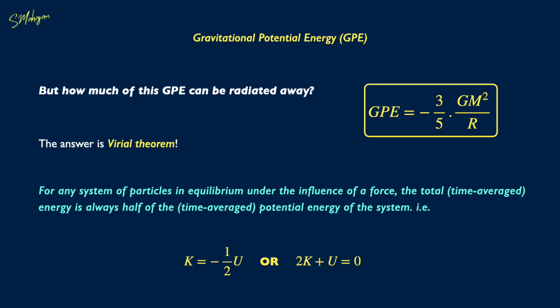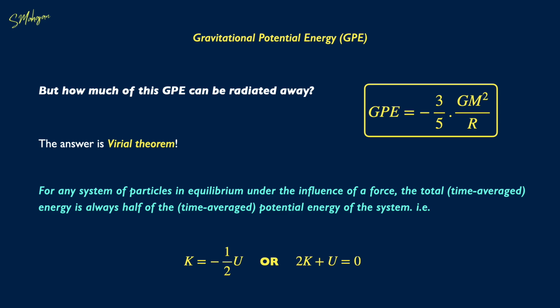Notice that kinetic energy is always positive and gravitational potential energy becomes more and more negative as the system contracts. This implies that for a system in equilibrium, only half of the total energy can be radiated away. Kinetic energy will increase if gravitational potential energy becomes more negative, which essentially means that the gas is becoming hotter